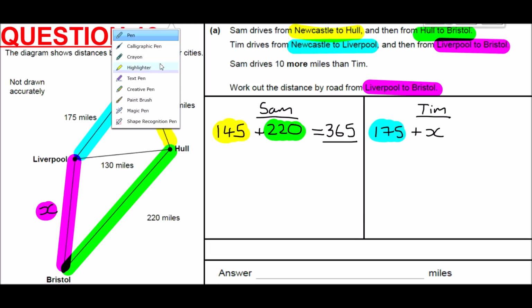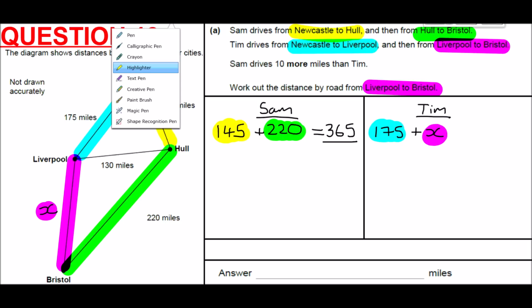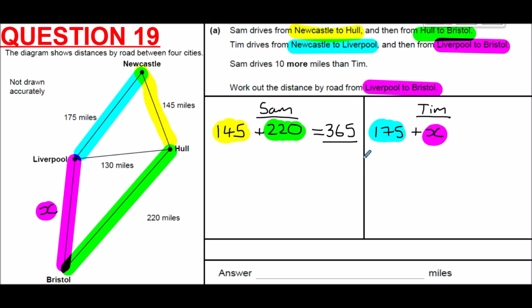So those two distances combined, 175 plus the missing distance, is what Tim travels. So we need to piece these two bits of information together now. If we have a look at these two bits of information, for Tim and for Sam, we're told that Sam drives 10 more miles than Tim. And so if this is Sam's distance here,